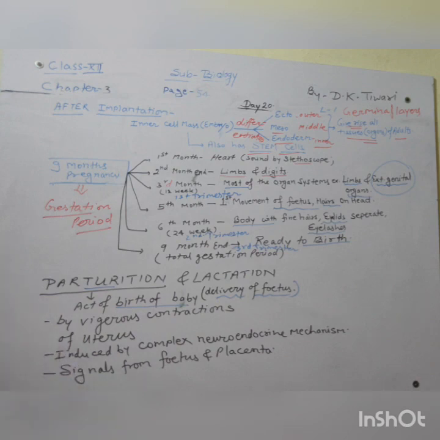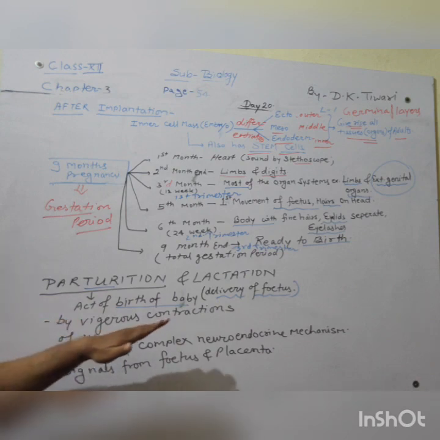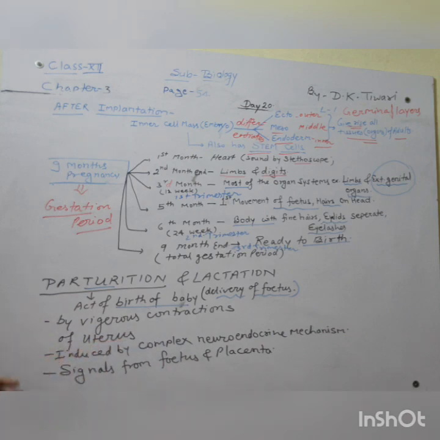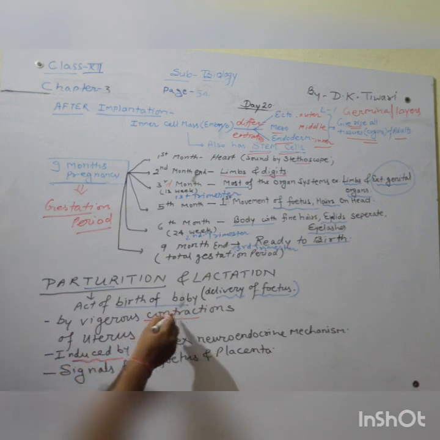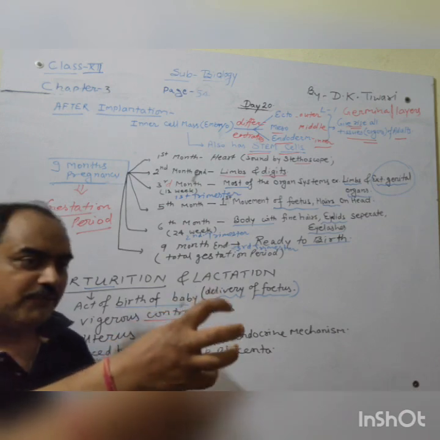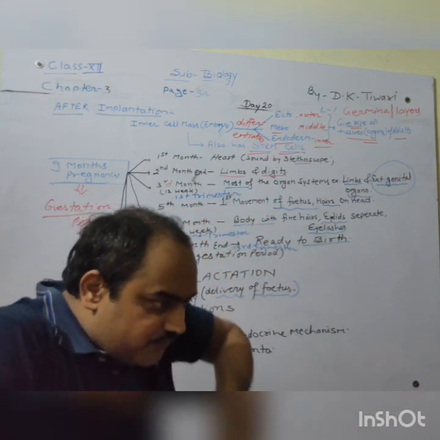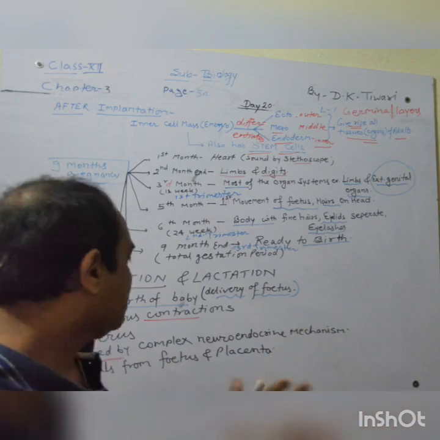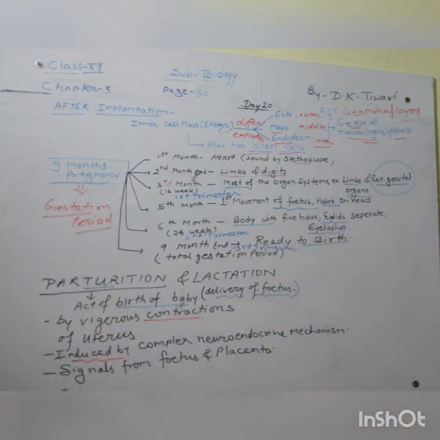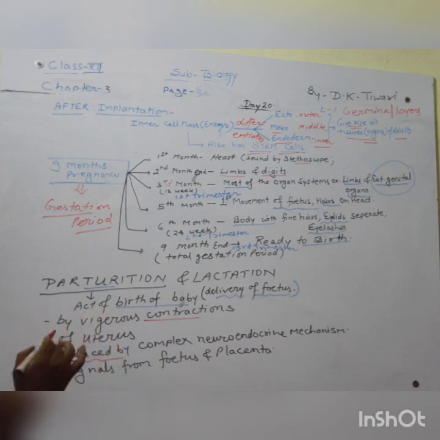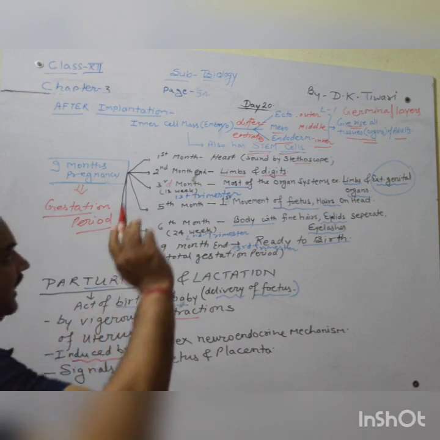How will it take place? It will take place by vigorous contractions of the uterus, and this contraction of the uterus has been induced. Contraction of the uterus means a type of peristaltic movement will take place, because of which the baby will move downward and come out into the world. So by vigorous contraction of the uterus it will take place, and for this process relaxin and